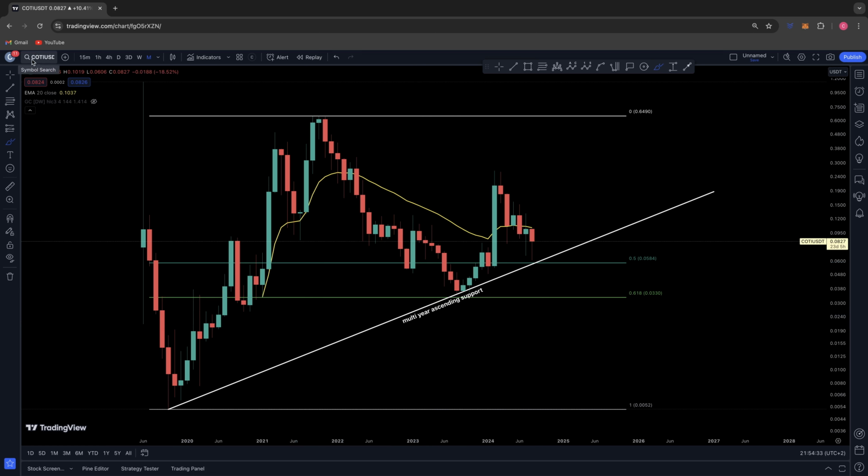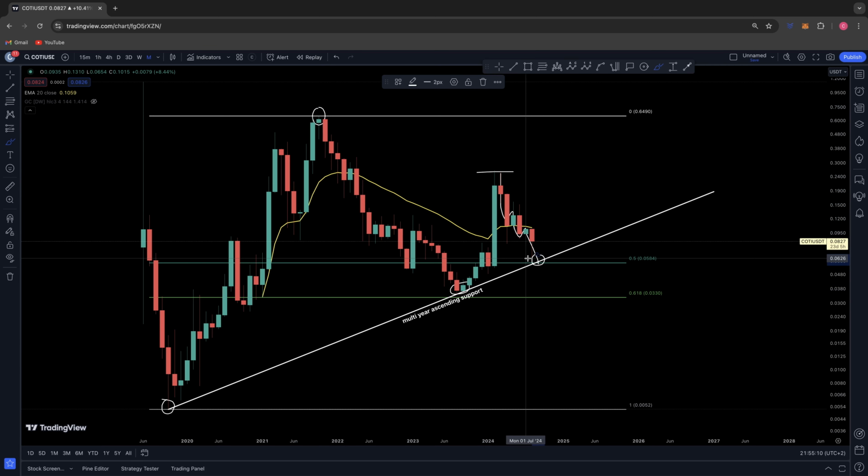Today we will be discussing COTI, the ticker is COTI against USDT on the monthly time frame. You know me guys, I like to keep it macro, so there's a few things that I'm looking at here for COTI. One is this multi-year ascending support. Since 2019, where we had this low, we put in a point of contact, started this trend line, we came back for a point of contact on this trend line in September of 23, and right now we've put in this lower high towards the all-time high